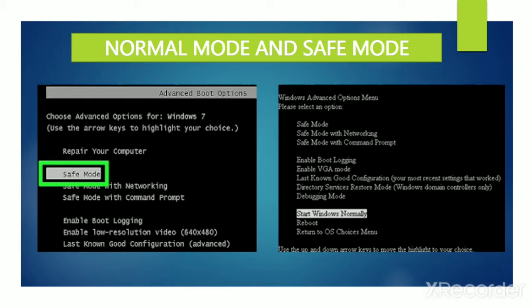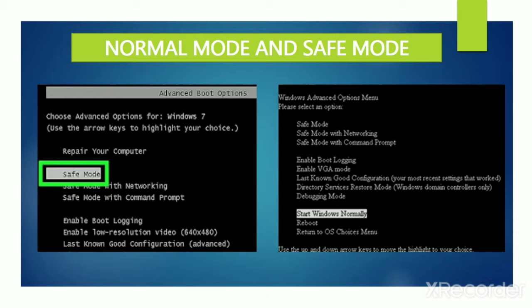If we cannot shut down the computer properly, then when we turn it on, a window with many options appears. See, these two images are there. In the first one, safe mode is highlighted, and in the second one, start Windows normally is highlighted.